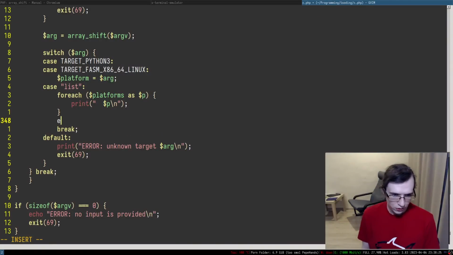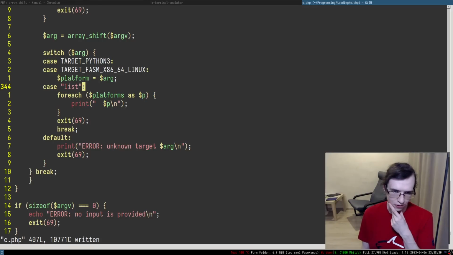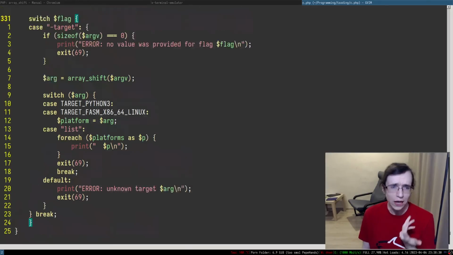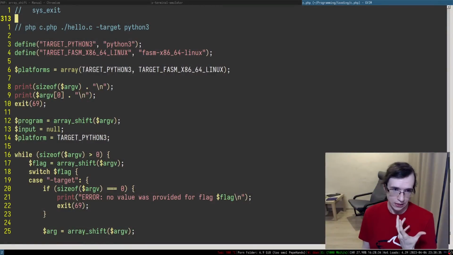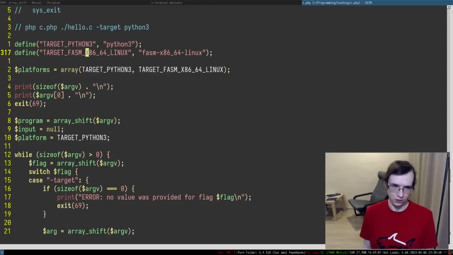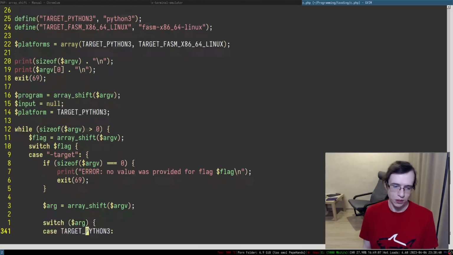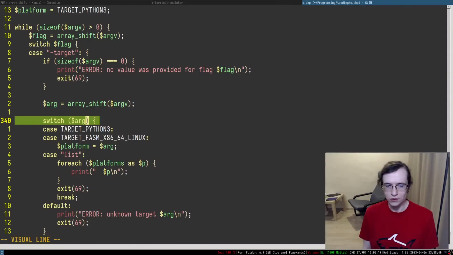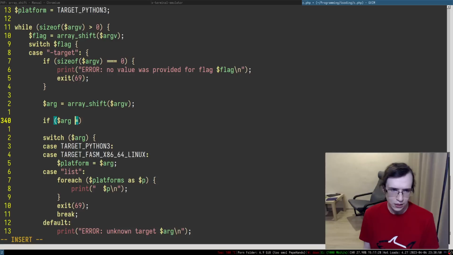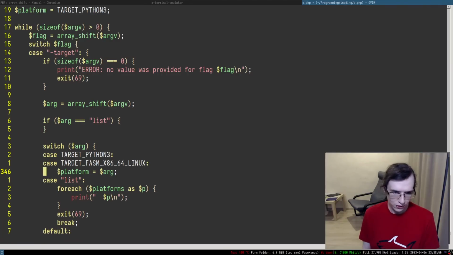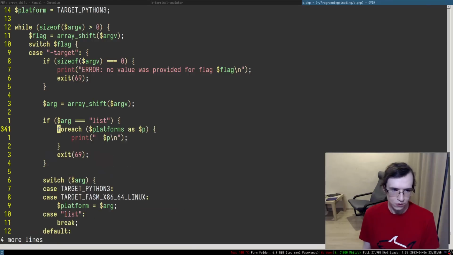Okay, so after we're done listing these things, of course, we probably want to exit with a 6969, right? So essentially, how can we simplify this entire thing? We can try to get rid of one of the places, and that place could actually be this thing. Believe it or not, we can just do something like if arg equals list, right? Just do this thing and die.